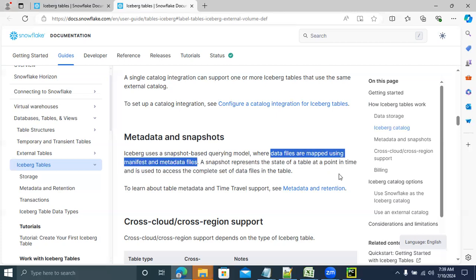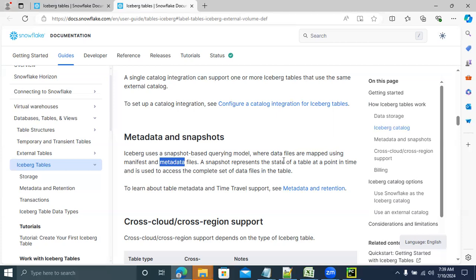Whenever a new file comes in, all kinds of information will be stored in the metadata: how many records came, how many files came. And manifest files as well.